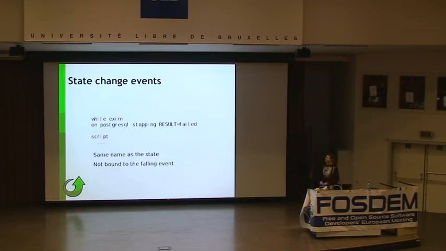One of my biggest complaints I always get about Upstart is that it's not very well documented. It's not very well documented because I change things too often. It's still 0.0, so we've never deliberately asked people to move over to Upstart jobs because we want to get things right first. So this allows you to, for example, in this case, handle when the PostgreSQL server stops and has a failed result. Failed means that the daemon crashed.